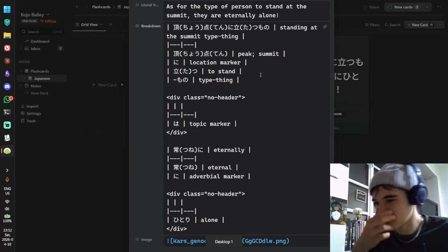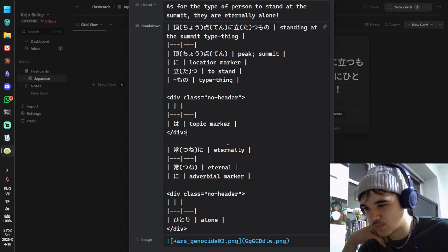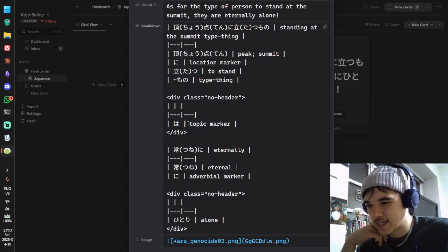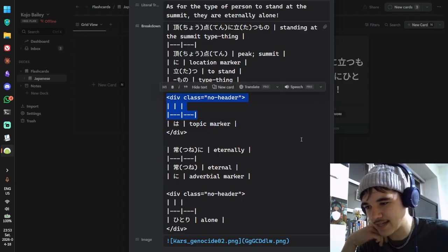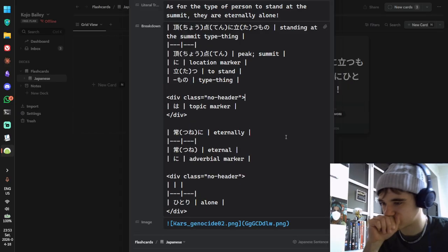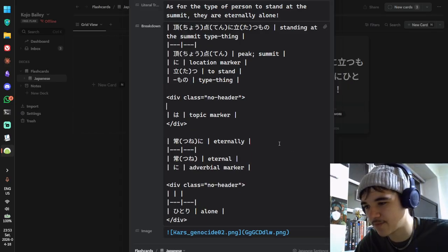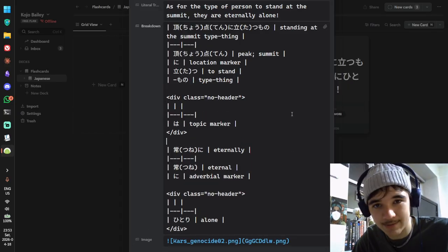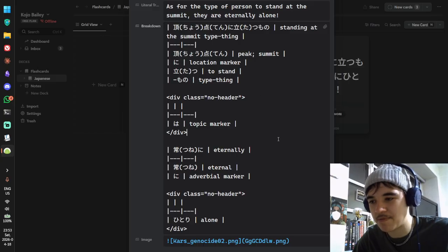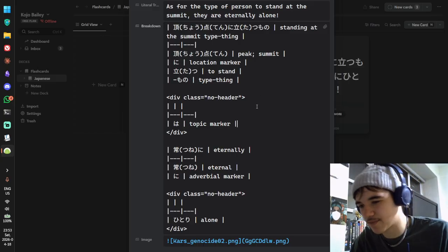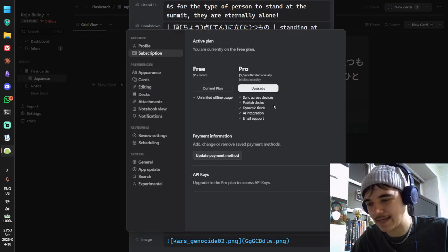Right. Where was I? Yeah, so this is workable. Obviously it'd be nice if I could just make a table like this. Whoa, like this. And that'd be best case scenario. Or maybe I could do better than a table. Maybe I should use a bullet list instead, although I'm not sure how that would look. But let's go ahead and